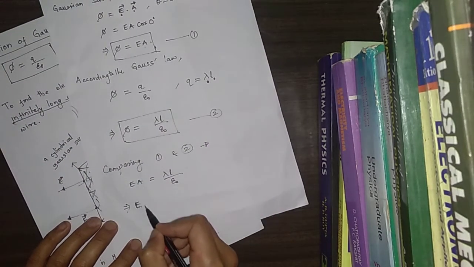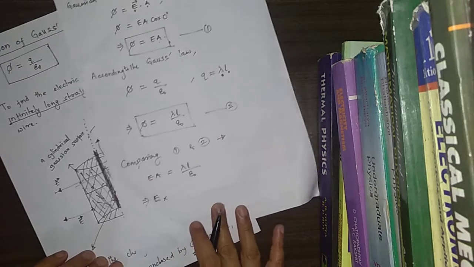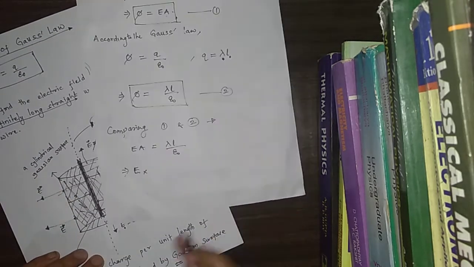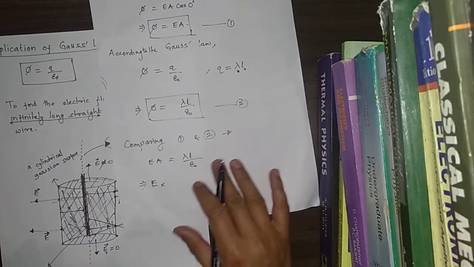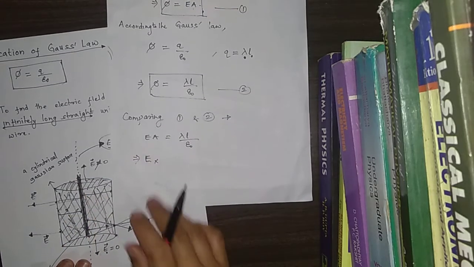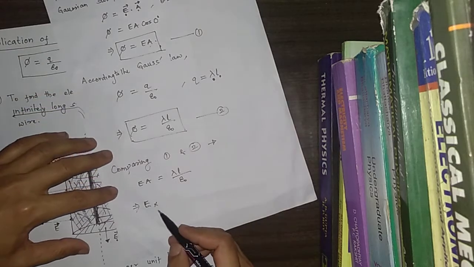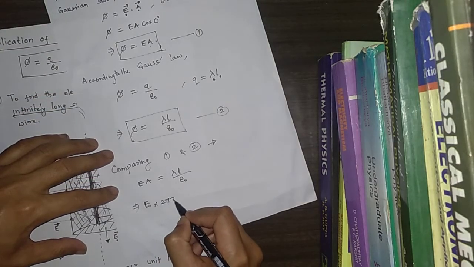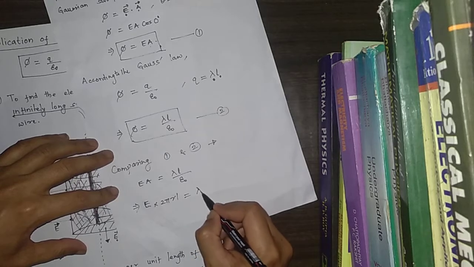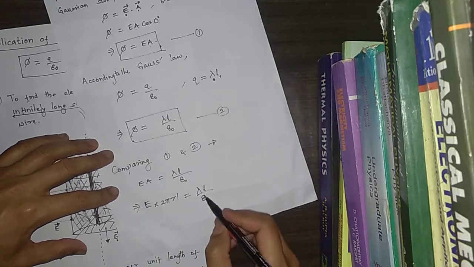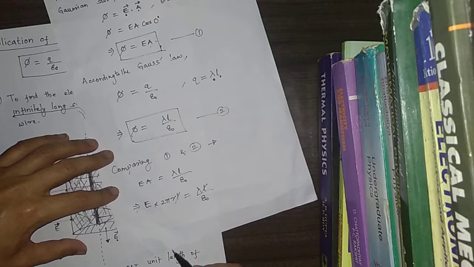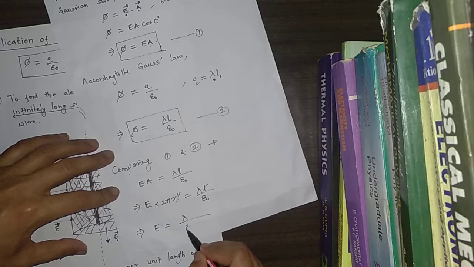So E into, what is A? A is the curved surface area of this cylindrical Gaussian surface, only the curved surface area, because these end areas do not contribute to any flux, as I've told you, because there is no electric field towards this direction and this direction. So the curved surface area of this Gaussian surface is 2 pi r L, which will be equal to lambda L by epsilon 0. So L and L get cancelled. So E will be equal to lambda divided by 2 pi r